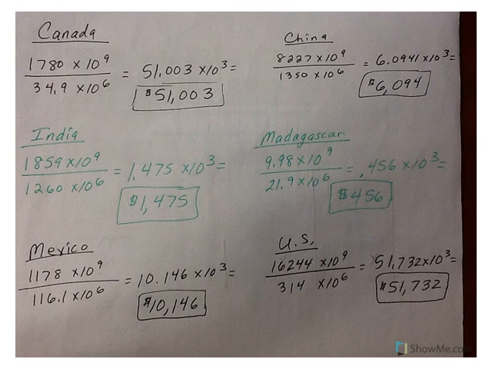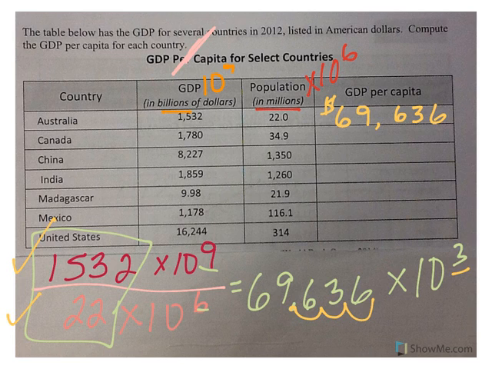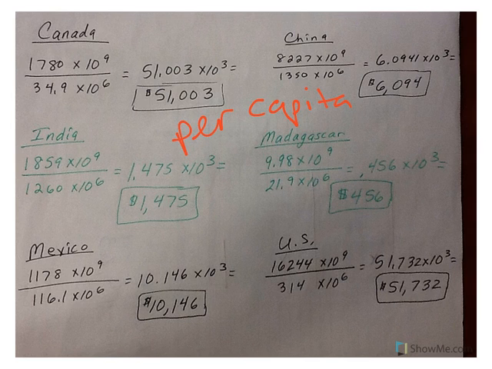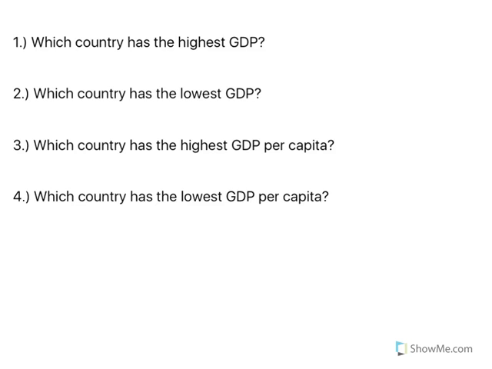So here are the answers, and you can see I labeled the countries, and here's your GDP per capita. All of these are per capita. When you look back at the original table, this column right here gives the overall GDP of the entire country, whereas this column, which is on my next page, gives you the figure for each person. Okay? So we are now going to answer questions based off of this data. You might want to go ahead and try to answer these questions first and then come back. So in number one,